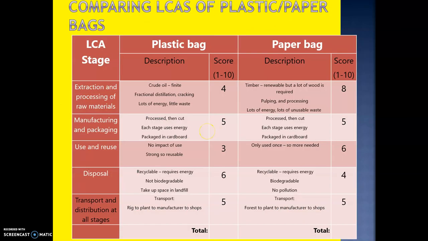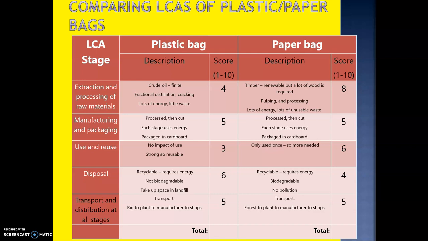Okay. If you ignore where it says scores 1 to 10, if you put a point for each one, so for example, in extraction and processing, if you've described it's crude oil and it's finite and compare that to paper bag, that would be a point each as long as you compared it. Manufacturing and packaging, you process then cut. I'll give you a couple of examples. That'd be the second, third and fourth points,